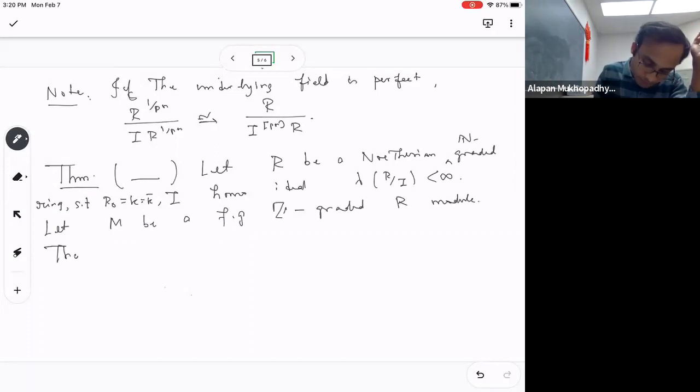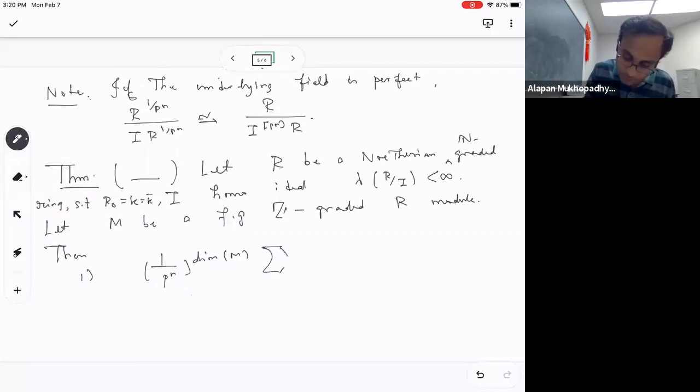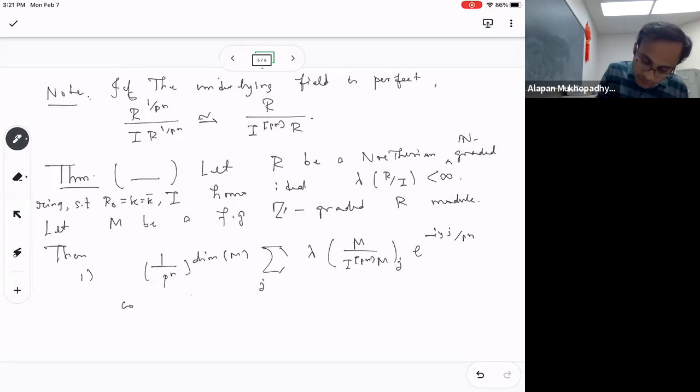Then, number 1 by p power n dimension of M, length of M mod I power p power n M. So this is basically the analog in the module case of whatever I wrote down earlier. A jth graded piece, e power minus iyj by p power n, the sum is over j, converges